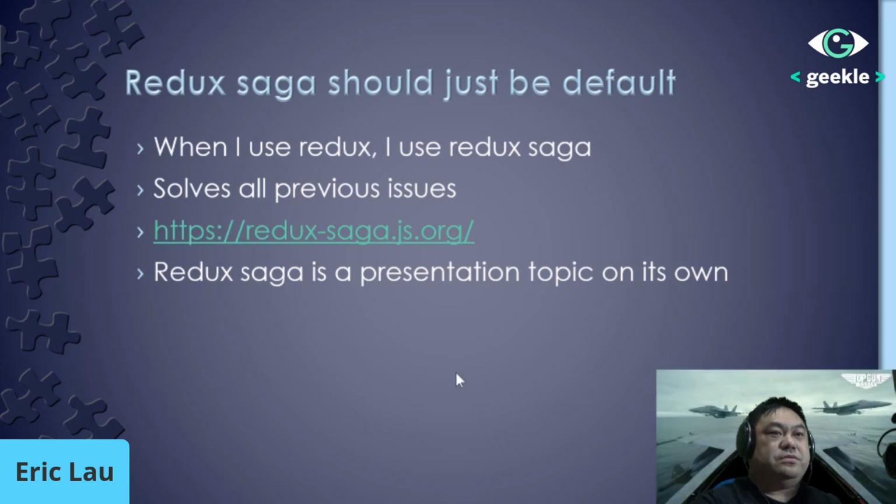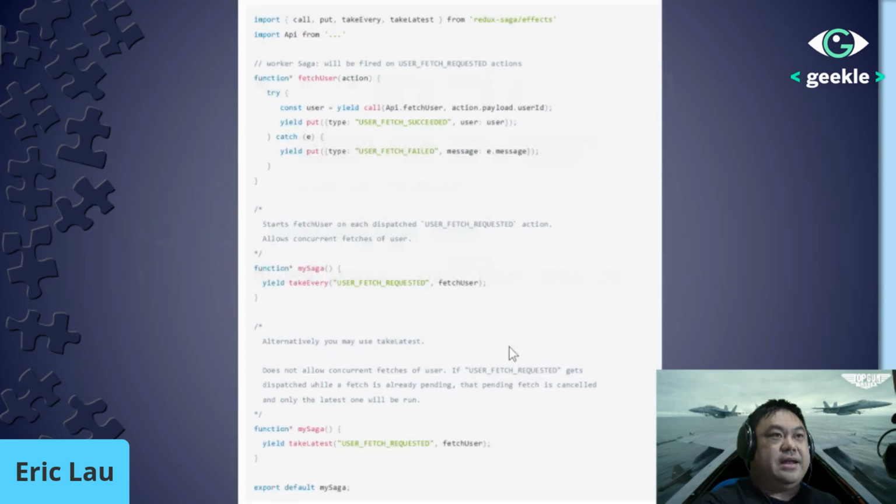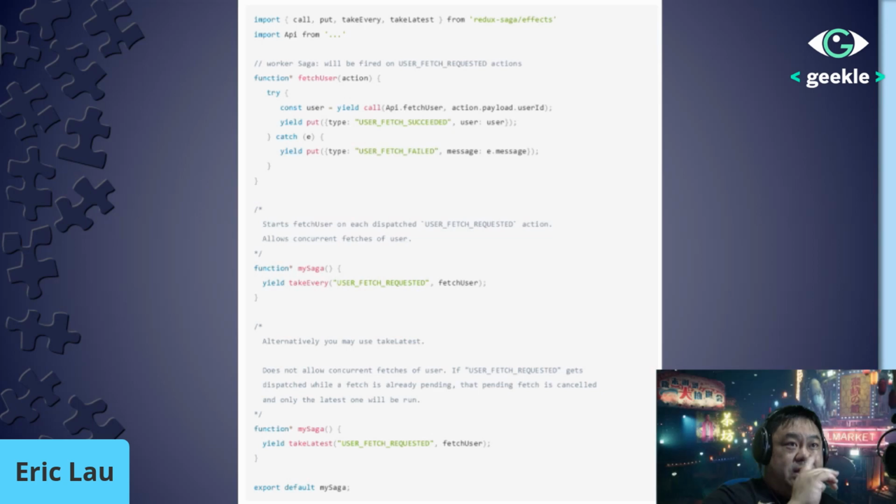Okay, just to give you a little idea of what it looks like. You can see here it grabs the actions. There's a user fetch requested, right? It takes that and runs fetch user and does this thing.